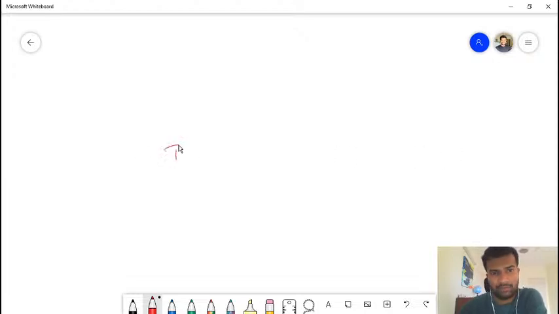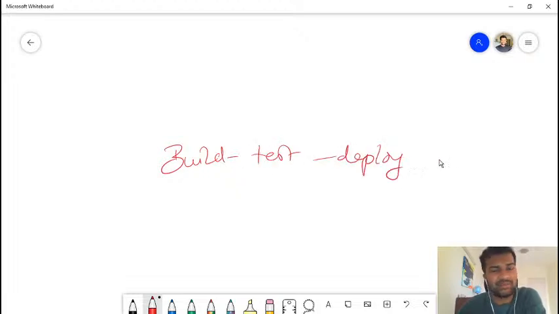Here is your pipeline, a simple pipeline with build, test, and deploy. We'll take it simple first, and then we will explore what are the options and how we can grow these things, what are the things that we need. Okay, I would be connecting the dots.